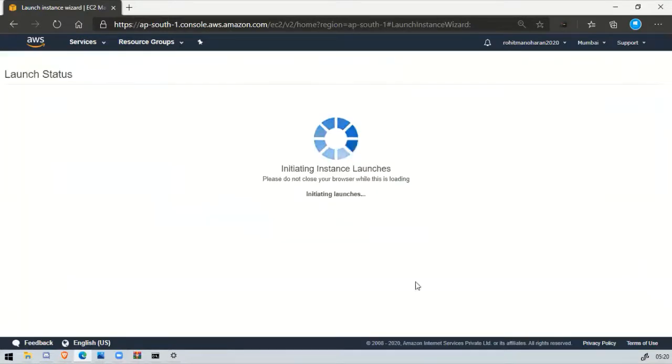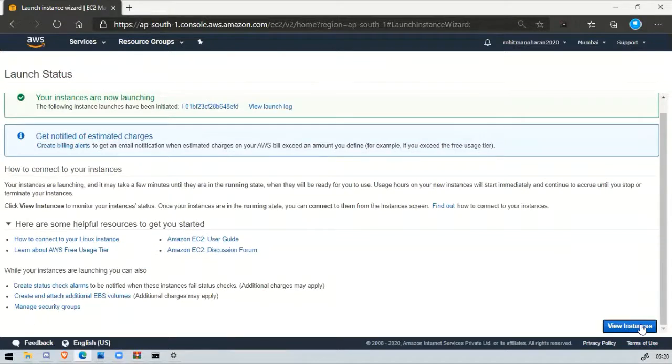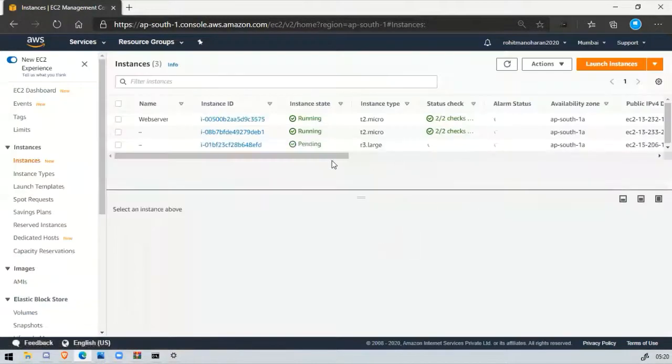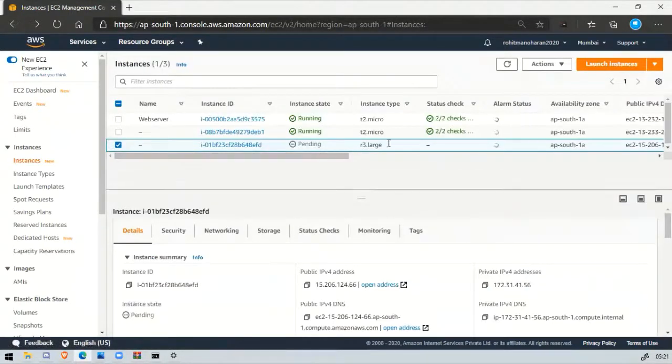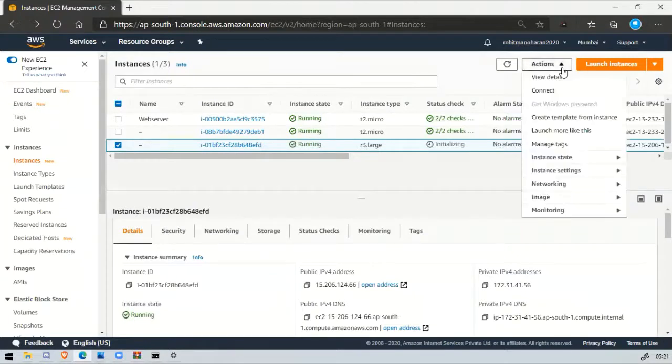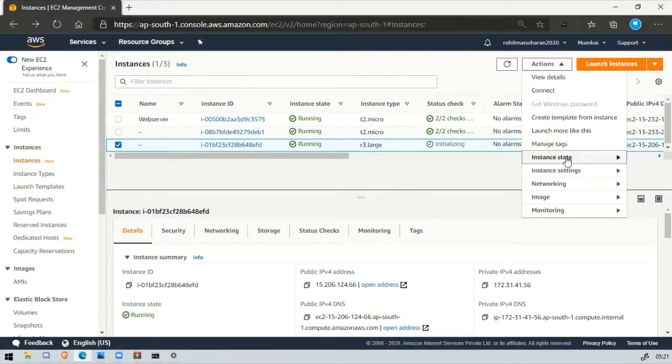As you can see, I have launched it. Let's go for view instances, and it will be running. The earlier one, which was the EBS, is running now, and this one may take time. The thing about instance store is that you cannot stop it. As you can see, it's initializing, but you don't have the option to stop this instance.